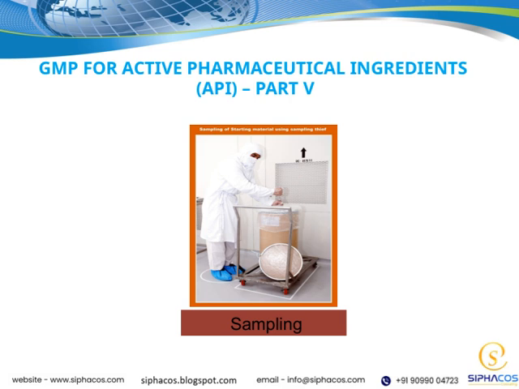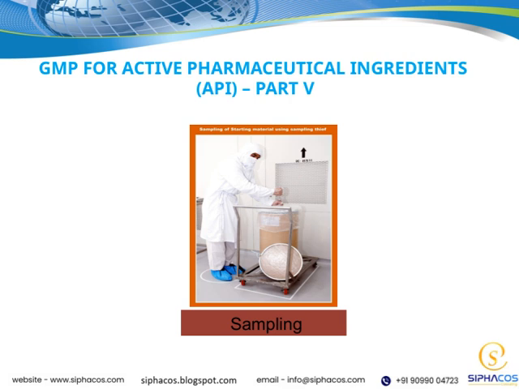Proper sampling techniques are essential to obtain a true representation of the entire batch. This includes using appropriate tools, following standardized procedures, and ensuring samples are stored correctly. Remember, the goal of sampling is to provide reliable data for quality control tests, thereby safeguarding patient safety and maintaining regulatory compliance. It's a key part of the overall GMP framework that supports consistent product quality from raw material to